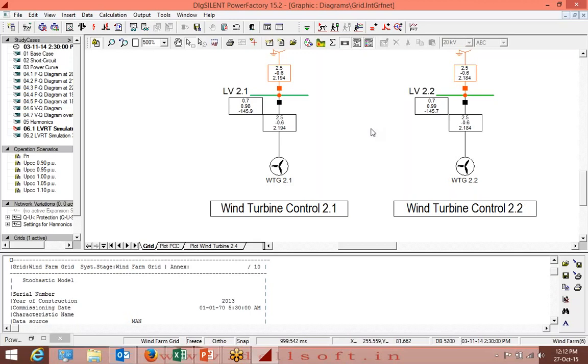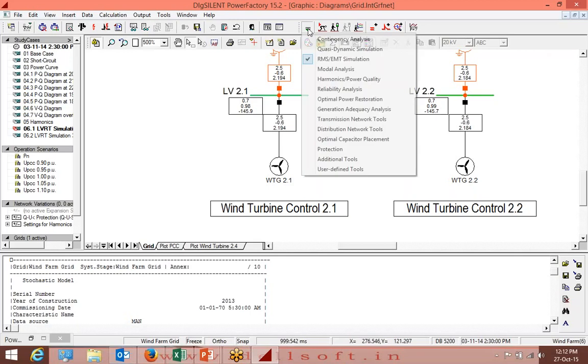If we want load flow, we get only the load flow module, not all the modules I'm showing you. Modular pricing is there in industries, and the costing is 25% more than the pricing we give in educational institutes.